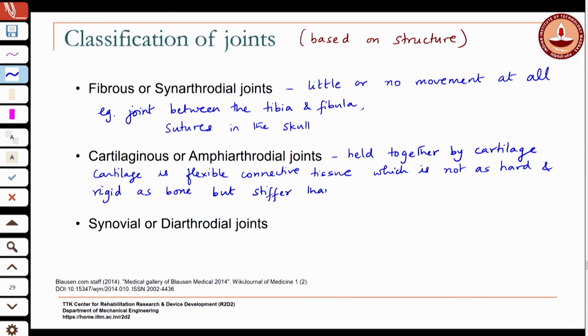So, it is less flexible than muscle, but it is not as hard as bone. So, it is somewhere in between. These are joints that are basically held together by cartilage,